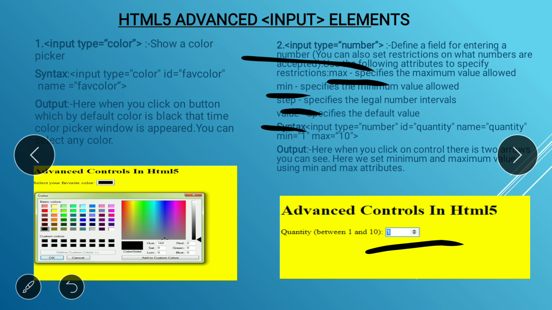These 4 attributes we can use in that control, right? So maximum is used to specify the maximum value. Minimum is used to specify the minimum value. Step specifies the legal number intervals, right? And value specifies the default value, right?